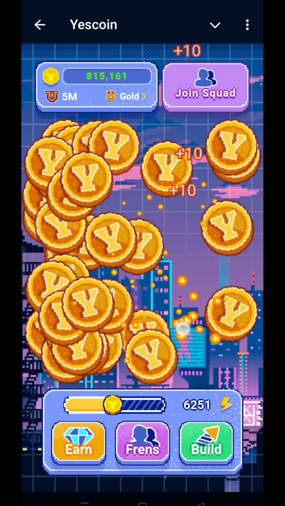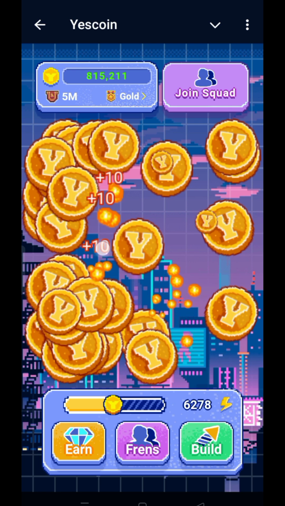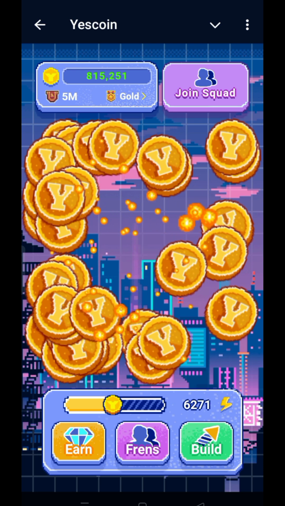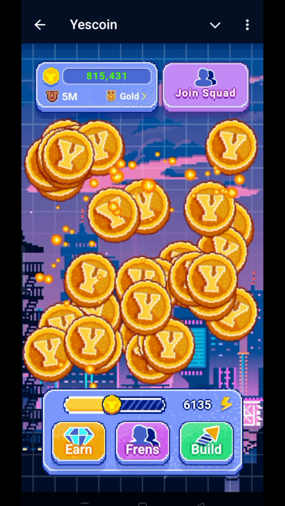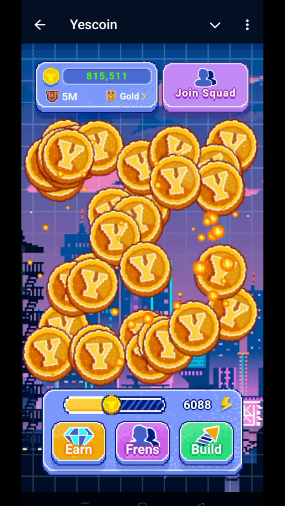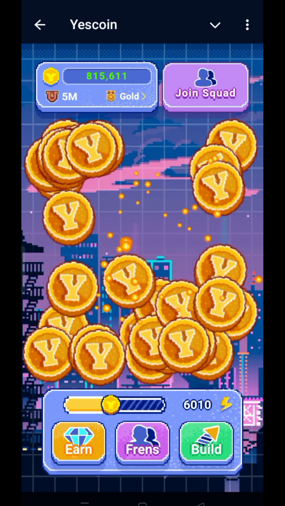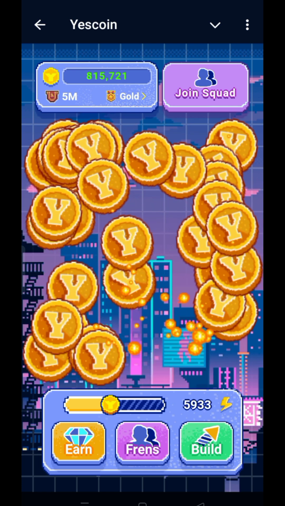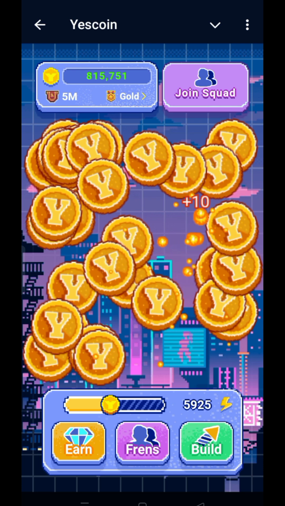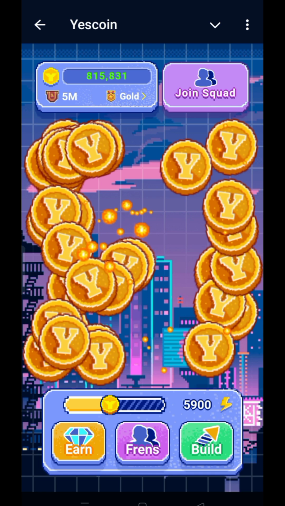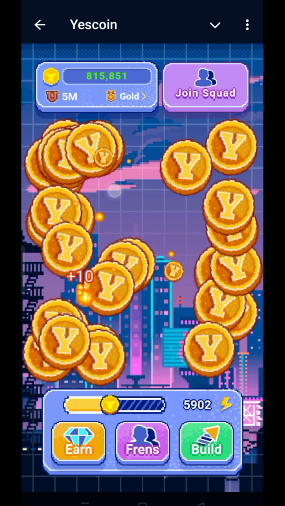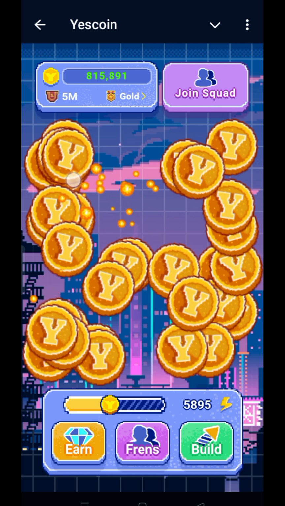Yes, there is a price that people are saying it's going to be 0.01 USD. Some said 0.2, 0.05. All those prices are just price predictions. There is no actual price yet. So I'm going to update you, but be sure YESCOIN is going to list at a very high price, more than Notcoin if you did Notcoin. So expect it at a very high price because the project is massive. And then I'm going to bring the listing date to you